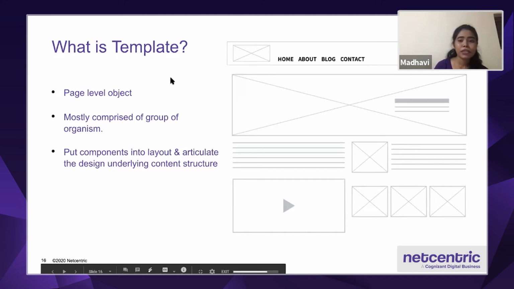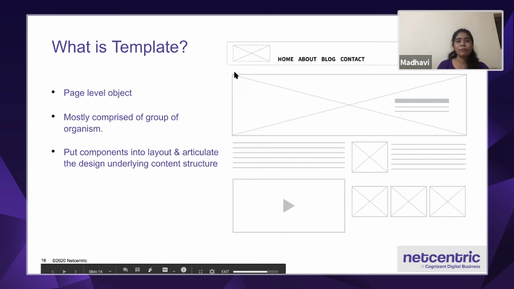Components like a logo, navigation bar, search bar, then images, some video, and some other things. Combining together, they form the template.